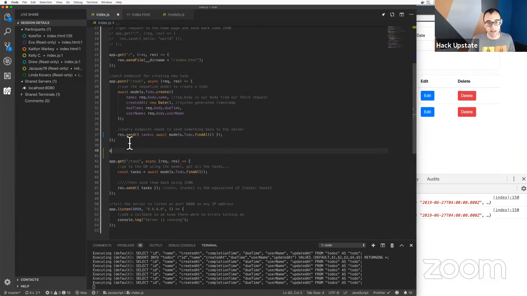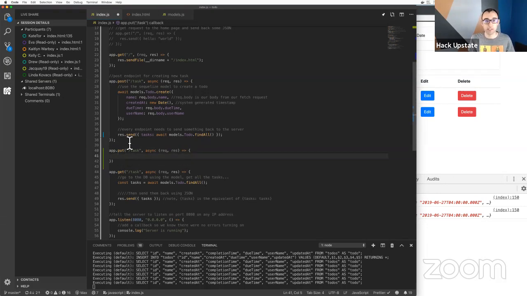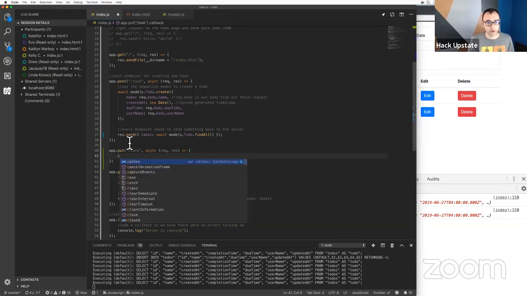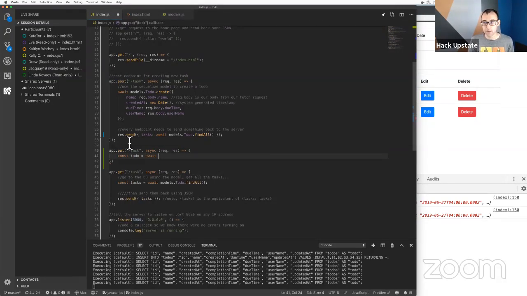So I'm going to say app.put /task async req res. And the reason why we're doing async is because we don't want to tell the front end we've actually updated that to-do until we actually have updated it in the database. So what we're going to say is const todo equals await. Hey, I want you to find this in the database. I don't want any other JavaScript code to run until that data comes back from the database. And we're going to say